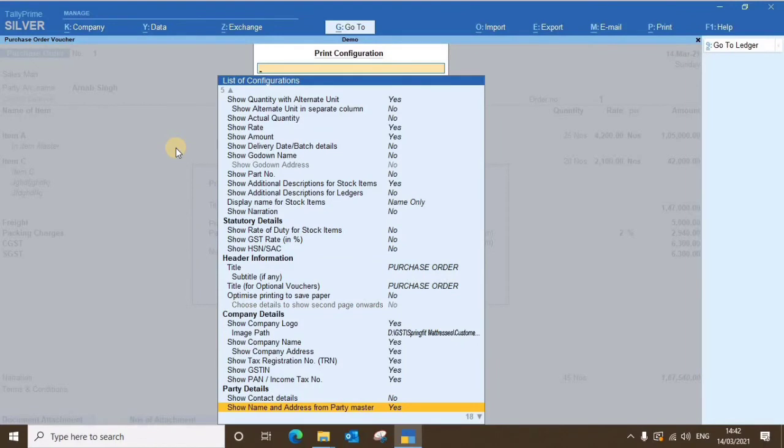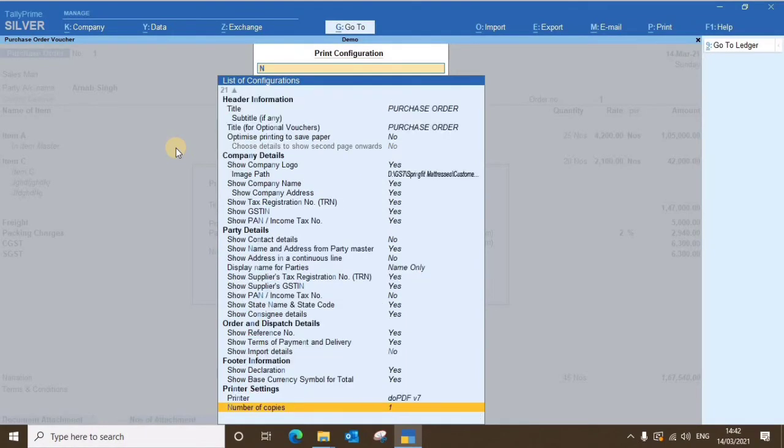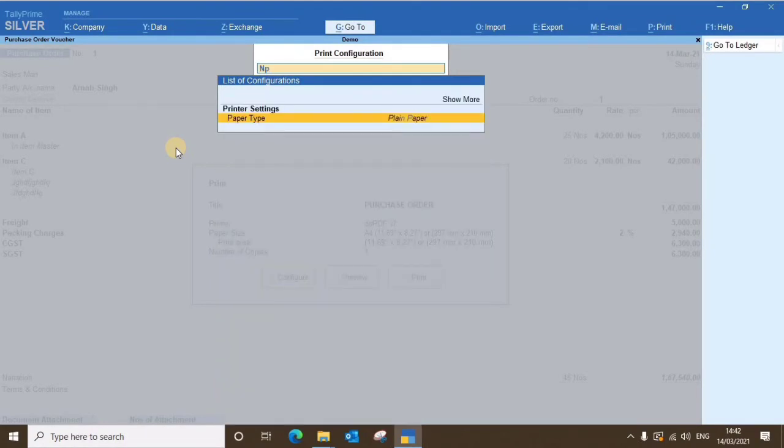In the party detail, it should show the name and address from the party master. Here it will not display, because the address comes from the party master, and in the party master I didn't enter any address. So make it yes, make it no. Okay, in the party master